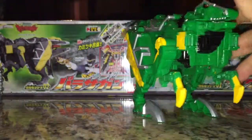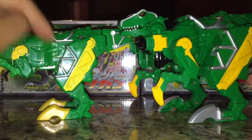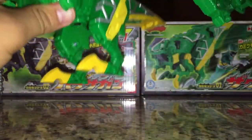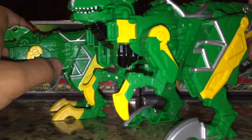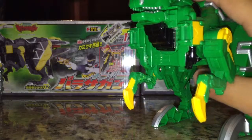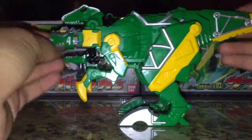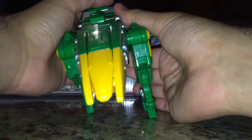So, let's compare him to the Raptor Zord. Now, major difference, again, I painted this part, is that the claws are silver in this one, but they're yellow in this one. I might actually just paint that myself. But yeah, that's pretty much the difference there. And again, the height. But then, you also have their feature. Let me just do this one by itself really quick. Open the mouth, not that far wide. This one's the easiest one to do that on. So you insert it here, hit the button right here to put it in all the way,